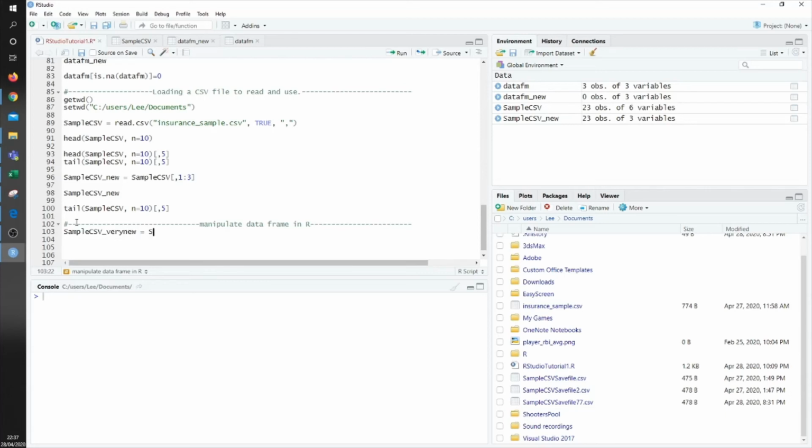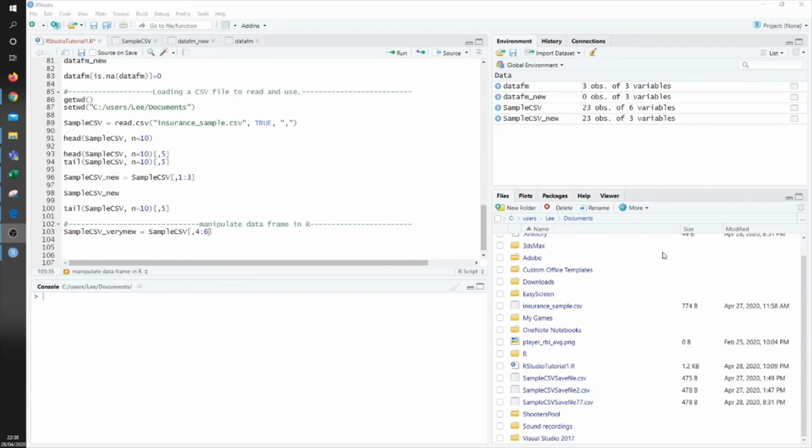This is going to be equal to the sample CSV, and then within square brackets we'll put comma 4 to 6. So it's going to have basically the columns from 4 to 6